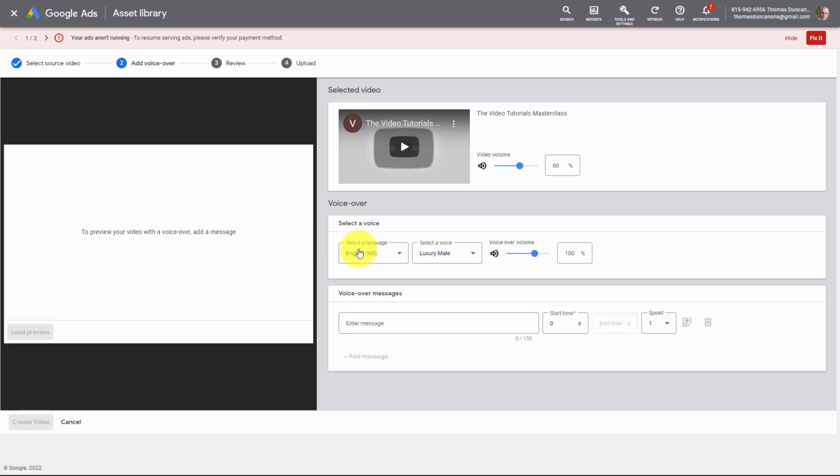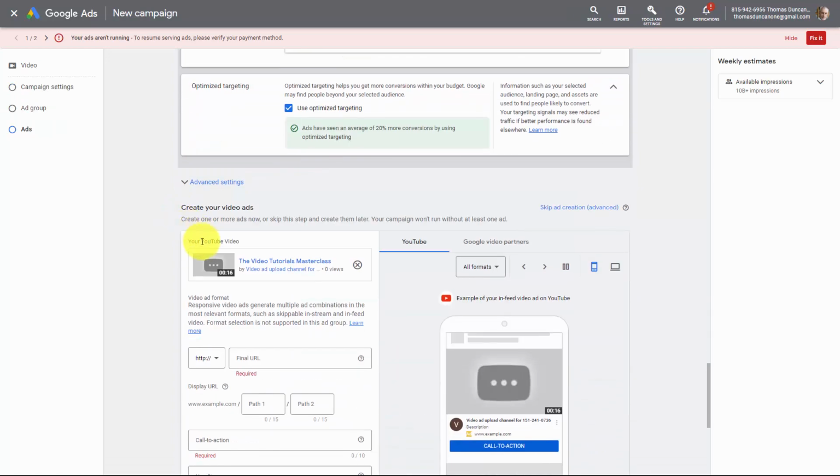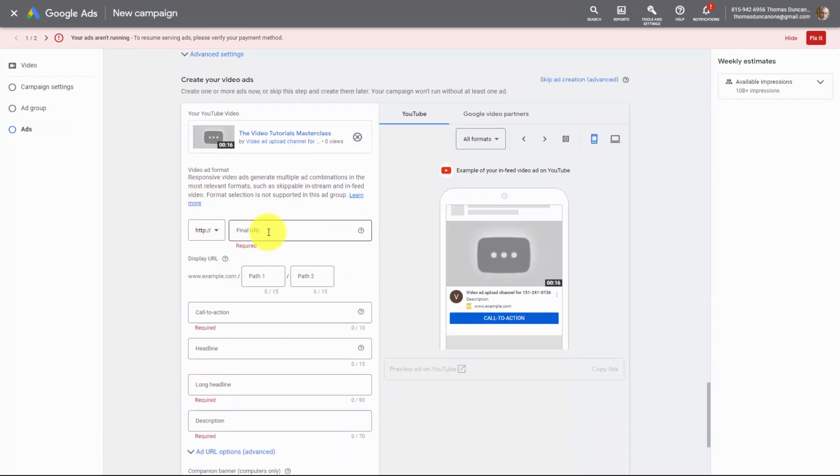What we're now going to do is we're going to add in our video message. We're going to select a specific voice, and we can now test our video voiceover. We can now create our video, and our video is now being generated. And we now have our video ad. We're going to stop the video here, and we're going to come back and we're going to complete our video ad and make it ready